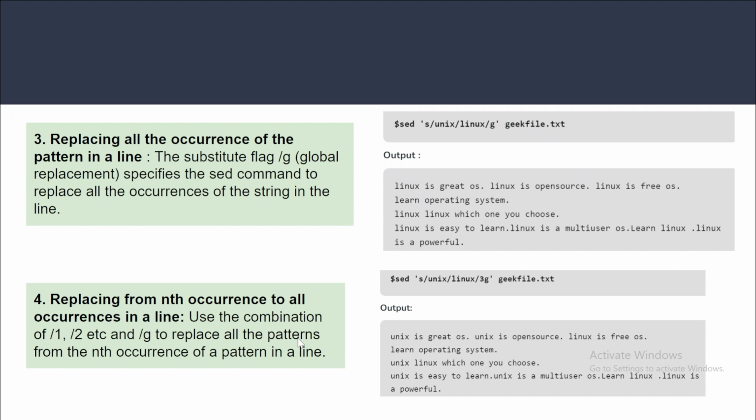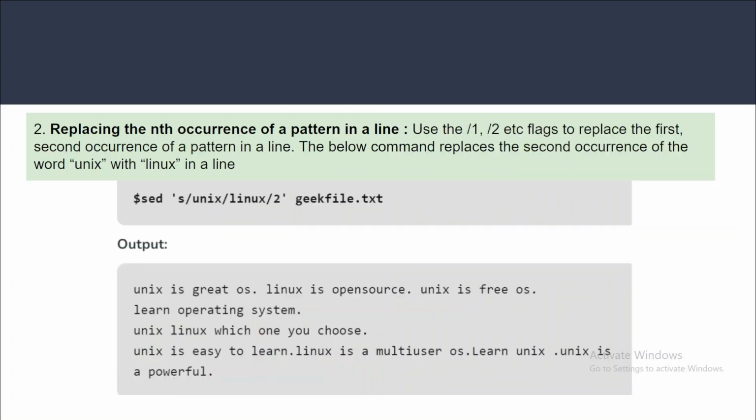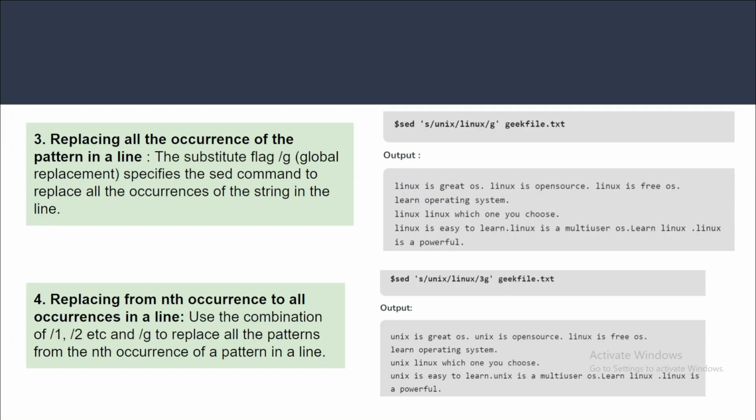Now the third thing is, how can you replace all of the occurrences of the pattern? You can use the global feature. G refers to global. Initially we were providing the indexing, or flag, like 1, 2, 3, 4. But if you want to substitute in the entire place, you can use the global character, that is G. The format is the same.